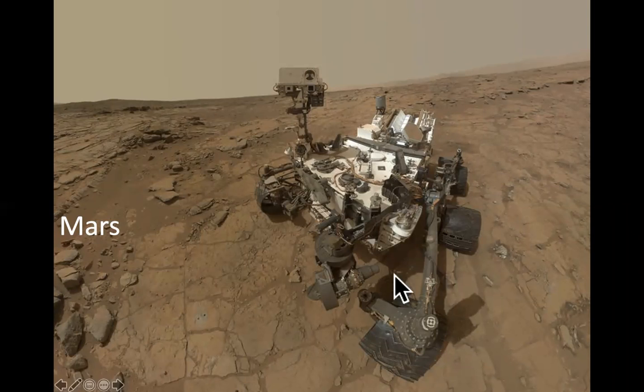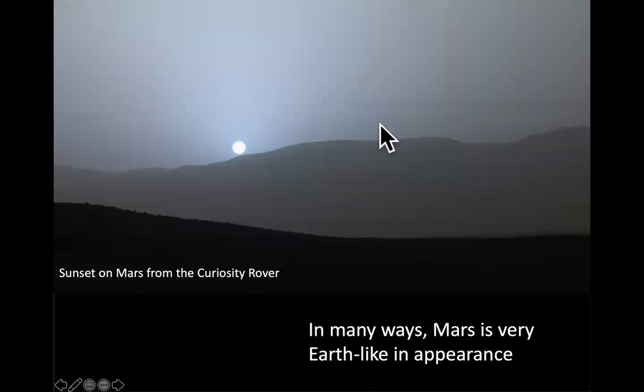For example, this is the Curiosity rover, which is roughly the size of a small car, which has been making measurements on Mars for a few years now. What's nice about these rovers is they give us a human scale picture of Mars. Even though this thing is the size of a small car, this camera is about at human level. And so you can get pictures like this, which provide you a kind of sense that Mars is indeed somewhat